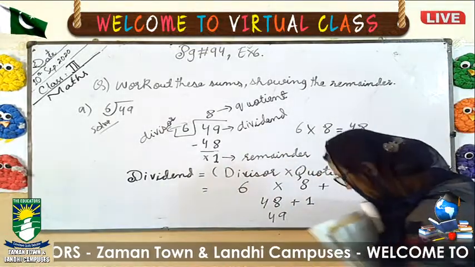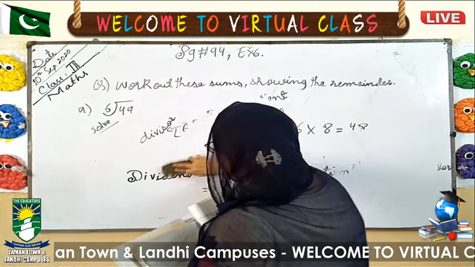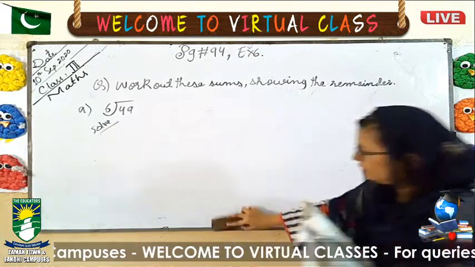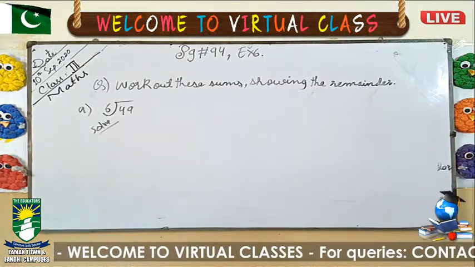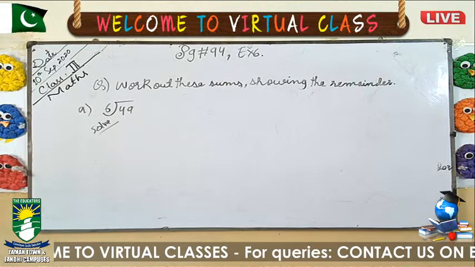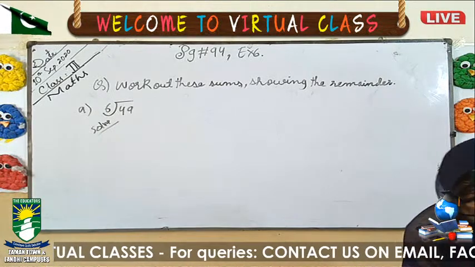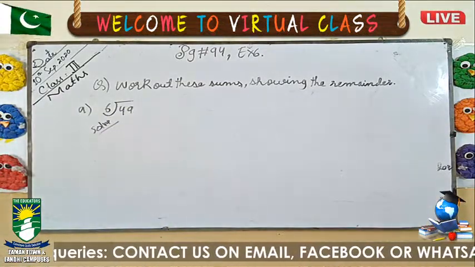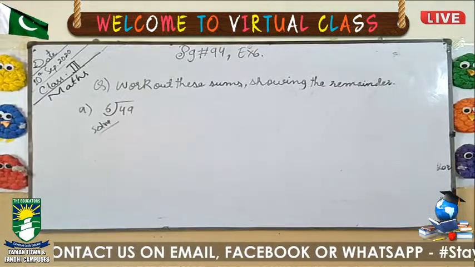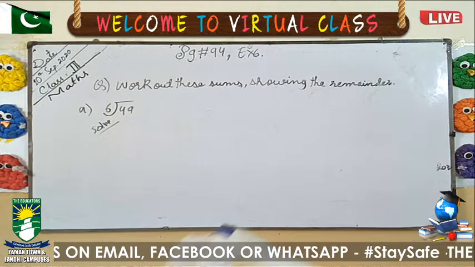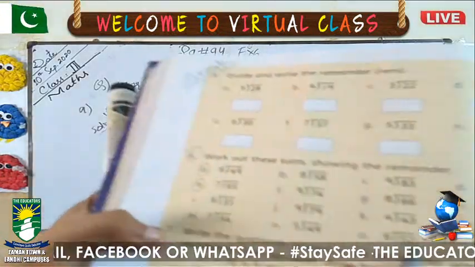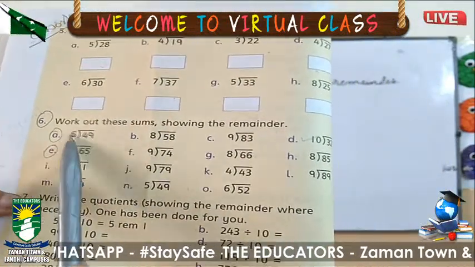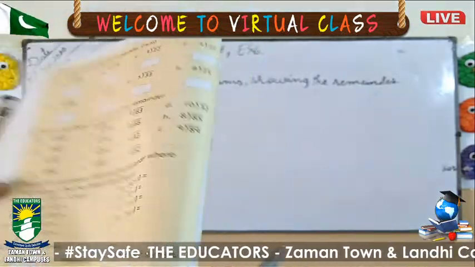Now after this, we have another exercise. The remaining parts of this exercise, we will do in the copy. This one, A to E, starts from here. One part I have solved on the board. The remaining parts A to E you will solve in the copy. Now come to the page number